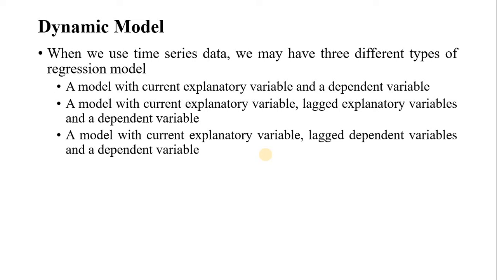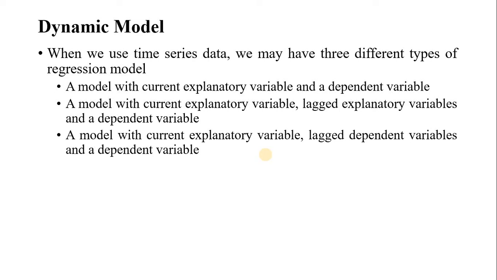Okay, so this is the second type of model, and the last type of model is, in your model there is a dependent variable, there is a current explanatory variable, then there is a lagged dependent variable. That means yt is equal to beta 0 plus beta 1 xt plus beta 2 yt minus 1. Okay, so these are three different types of model, and fourth type of model